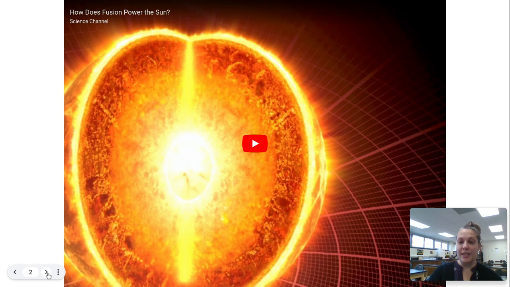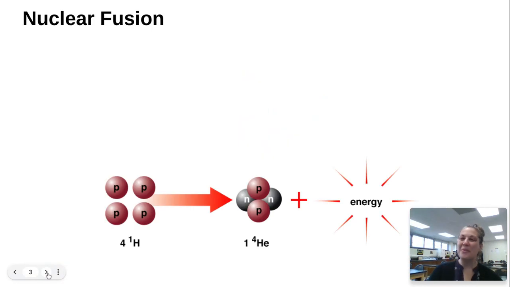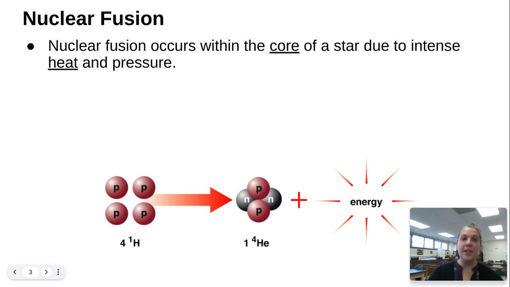So in the video, they did talk about how two atoms of hydrogen come together, but that's deuterium and it's a little more complicated. So for us, we've been talking about how four atoms come together. So again, in the video, it said nuclear fusion occurs within the core, the center, due to intense heat and intense pressure. They said gravity is crushing so much together that it's a very high pressure and therefore a very